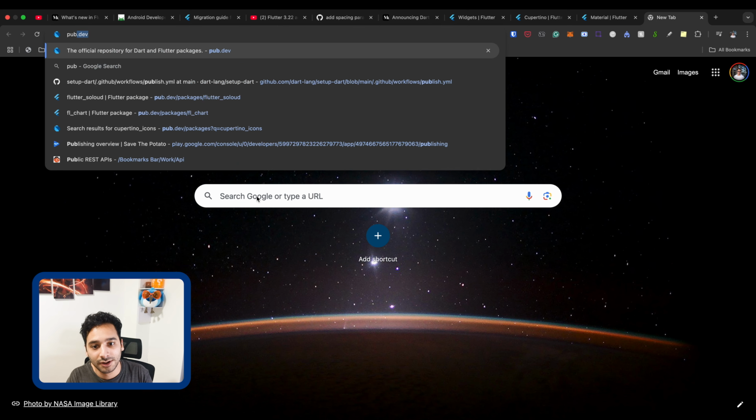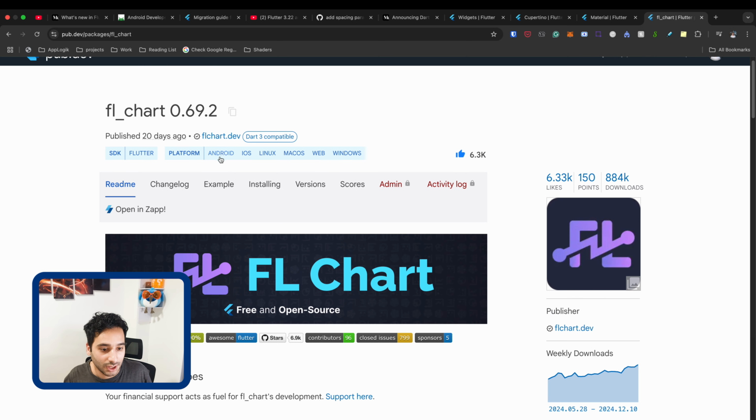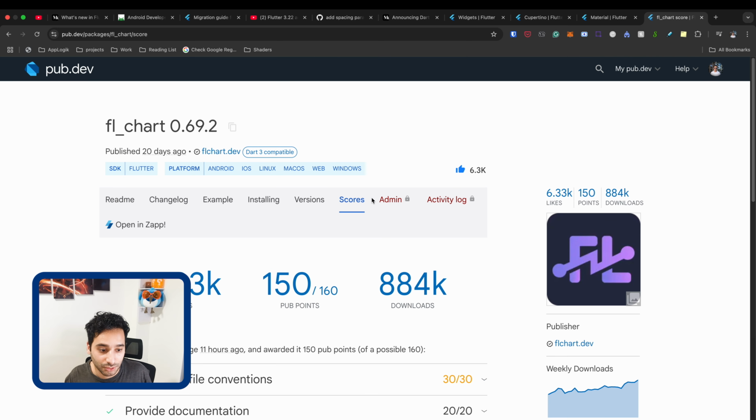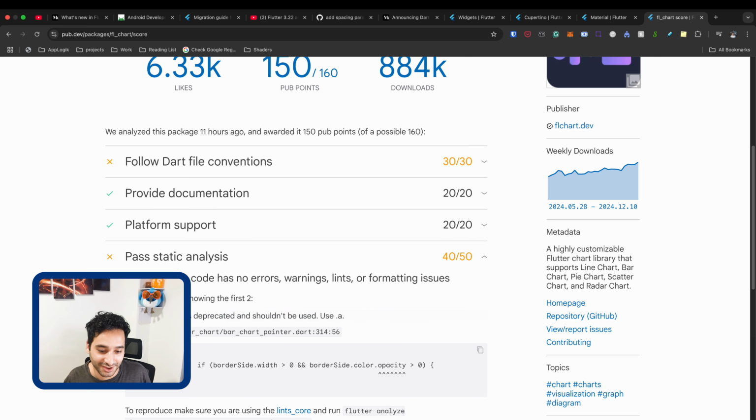For example, for FL Chart, yeah, here you can hover your mouse to see the trend or the download count of the package based on the weeks that you had in the last year. Yeah, and also the point is that in the score tab, as you remember, we had something called score, but now it is replaced by the downloads. So it's the count of how many times the library or the package was downloaded in the past months. And yeah, so as you see here, I have some warnings.